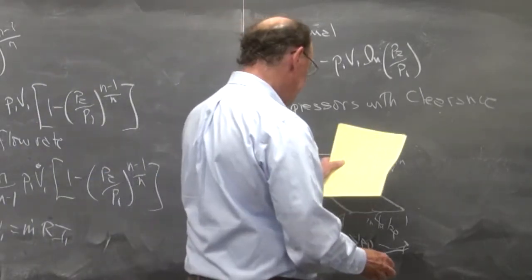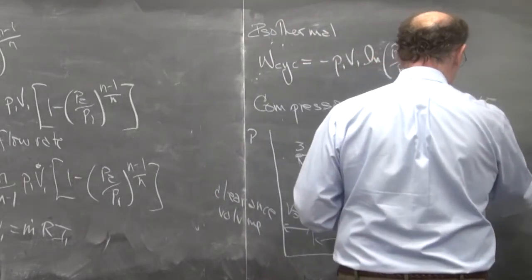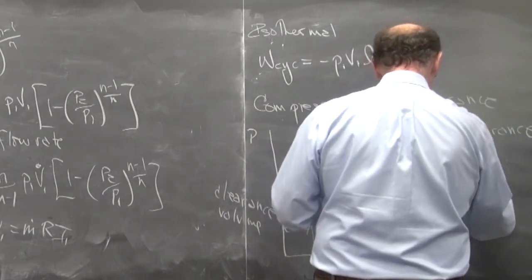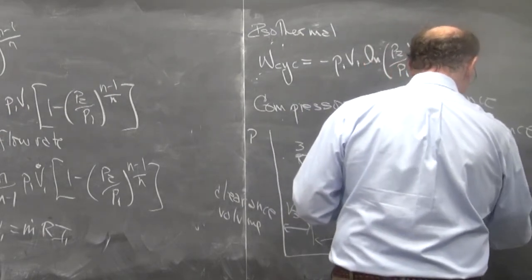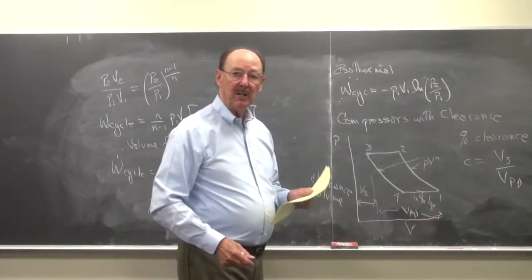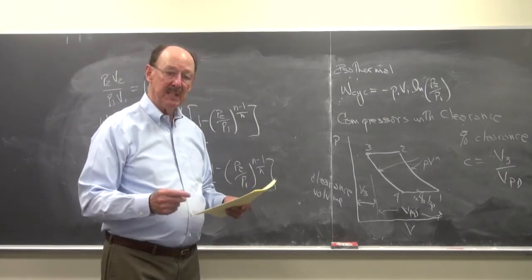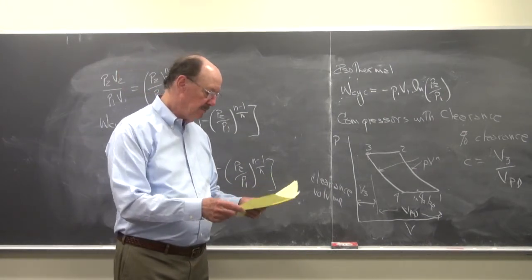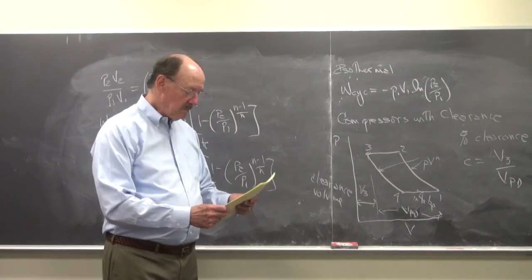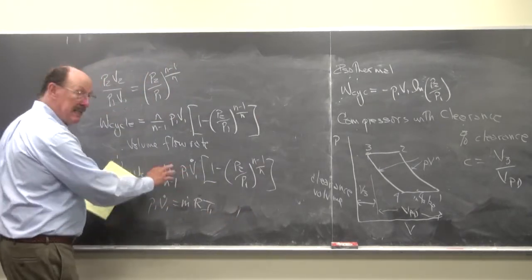And so the percent clearance C is equal to V3 over the displacement volume. One of the things that we talked about in reciprocating devices is the percent clearance. So the percent clearance C is that. And now we want to take this. So if I look at this equation,